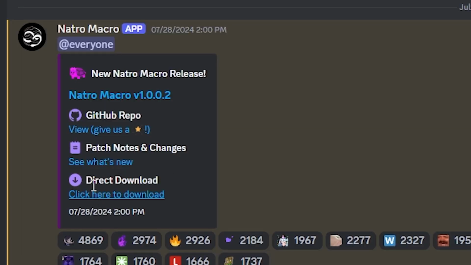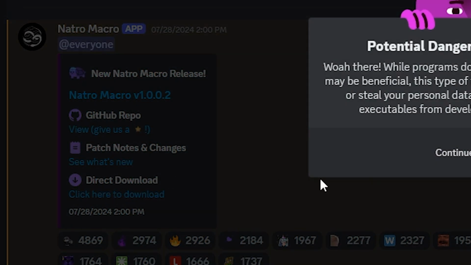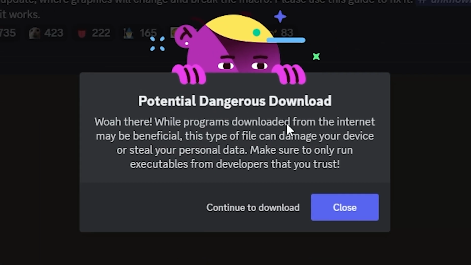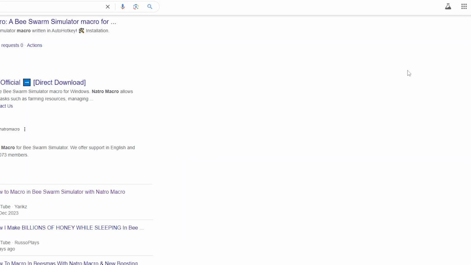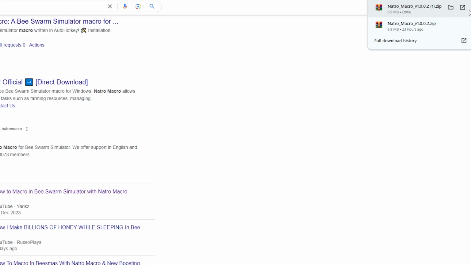As of recording this video, it's v1.0.0.2. So just click on direct download, and if I click on download here, it will say potential dangerous download. Don't worry, this isn't dangerous. Discord just says this whenever you download something from a server. So just click continue to download and Google should open back up and you will see the download progress up here. Once you've downloaded it, just click on this button or just click on it to open it,